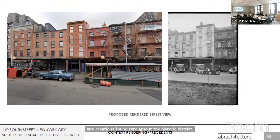That the building is located across from the elevated FDR Drive, which limits views and reduces the visual impact of the penthouse on the streetscape as seen from street level. That the blocks of South Street have a variety of building heights and widths with sloped roofs, chimneys, dormers, and bulkheads seen above the cornice line, and therefore the massing of the rooftop penthouse will blend into the diverse streetscape and roofscape. That the proposed